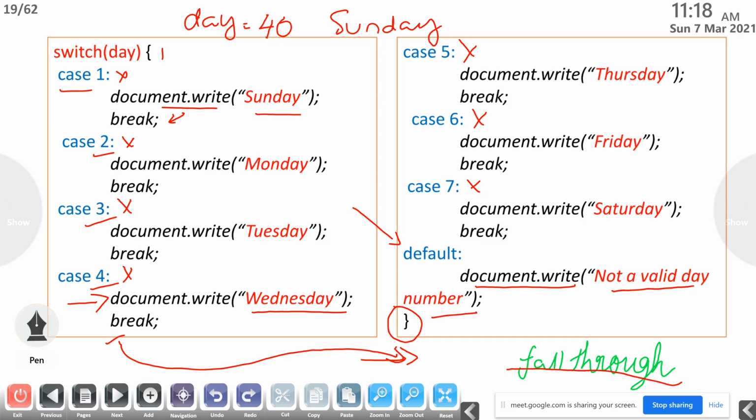We know the valid day numbers are from 1 to 7: 1 for Sunday, 2 for Monday, like that, and 7 for Saturday. If we give values not between 1 and 7, the control will move to the default path and whatever is there will be printed. So it will print not a valid day. So this is an example for the switch statement with break.